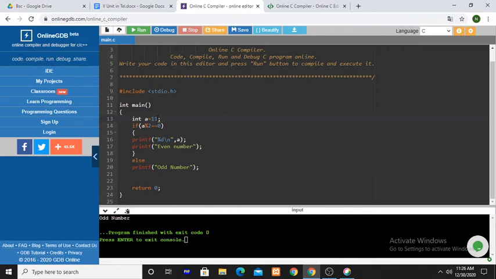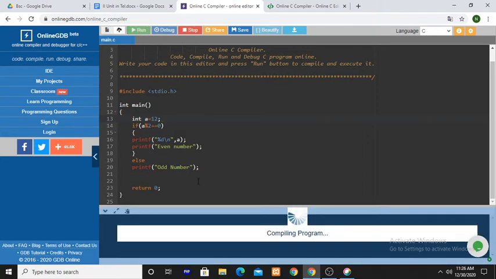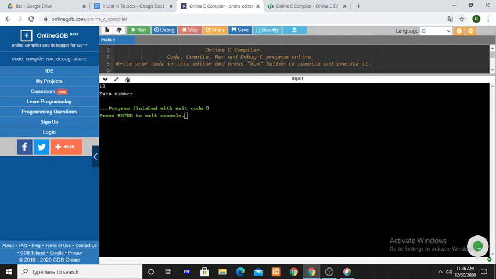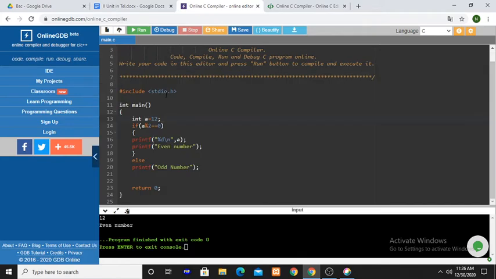Again, if you give a value as 12, the output is 12 even number. 12 mod 2 equal to 0, the remainder gives 0, 0 equal to 0, a true condition. So these two printf statements are executed and this printf statement is not executed. So the value 12 is displayed and the text message even number is displayed.